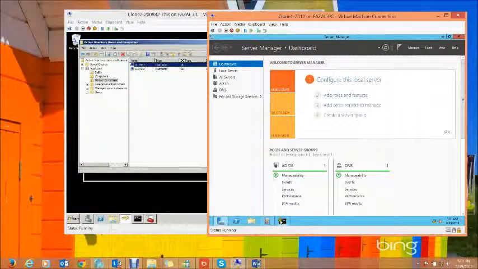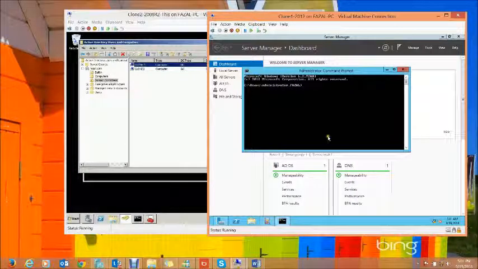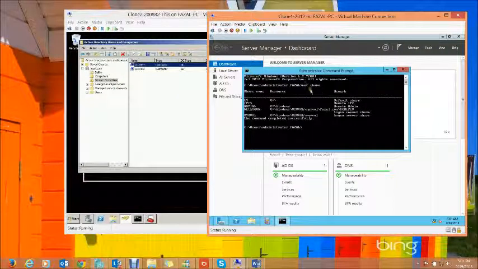Okay, so here I am. I'm now logged into the domain controller which I've just created. Now this is something which most of my customers do not do: once you have promoted a domain controller, you need to verify that it's working properly. So to verify if sysvol is shared, we type net share and we can see that netlogon and sysvol are shared now.